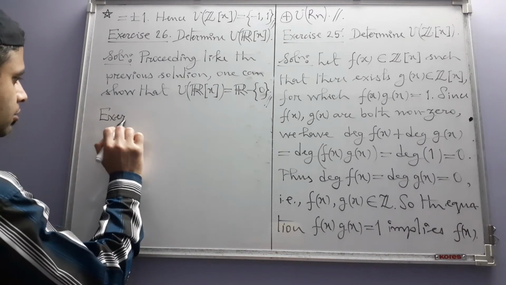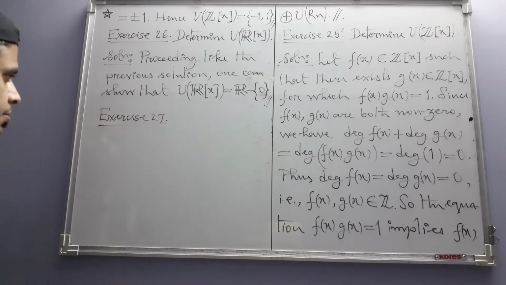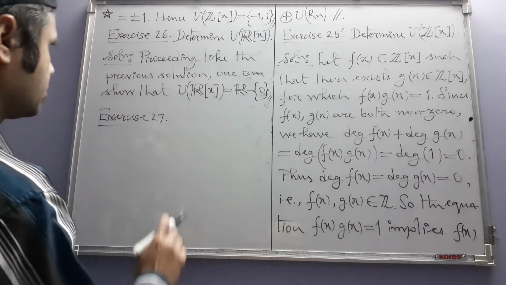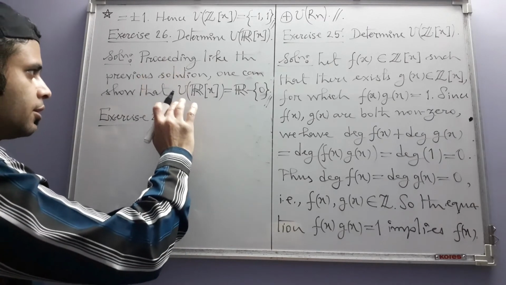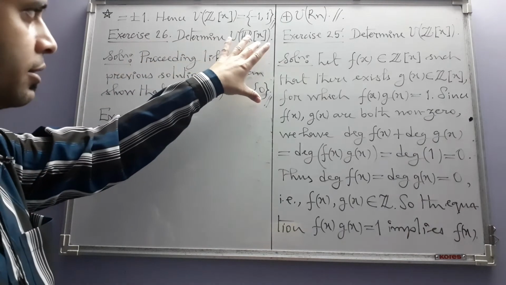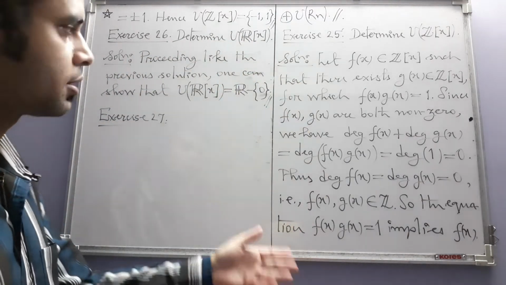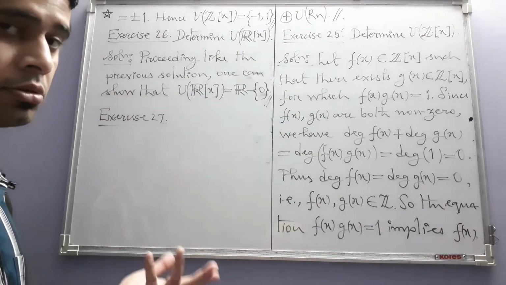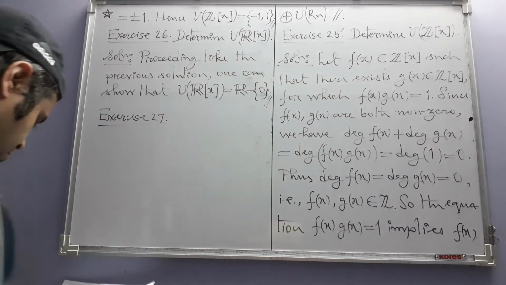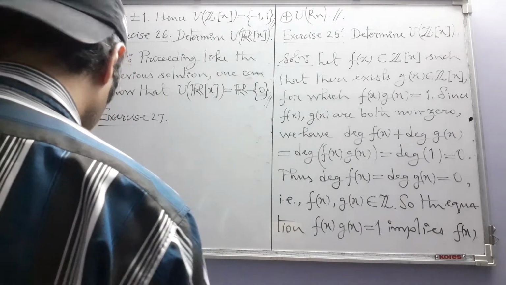Then 27. The fact that I have written a solution like this does not mean that you should write just this much. You please do it like this. Okay, one can show means you show it for yourself. Now exercise 27 says, show that a unit